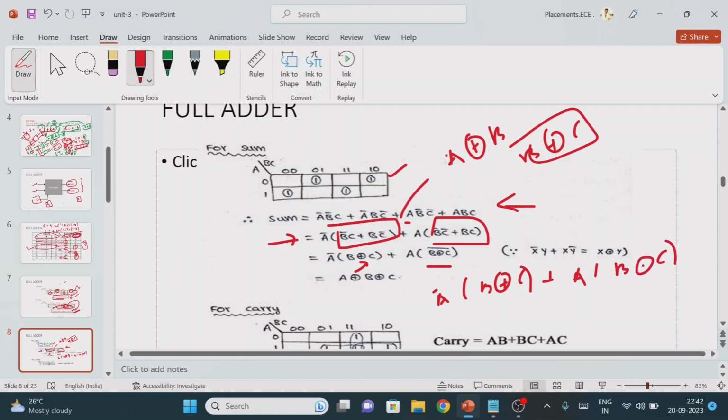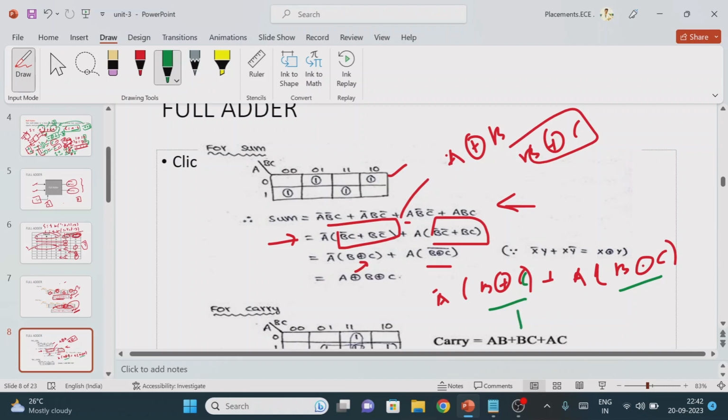If you see this, here we have the XOR logic gate, nothing but B XOR C. Here it is in terms of the XNOR logic gate. If you convert this completely in terms of either XOR or XNOR, then we can simplify further. What is the difference between XOR and XNOR logic gates? It is a complement relation.